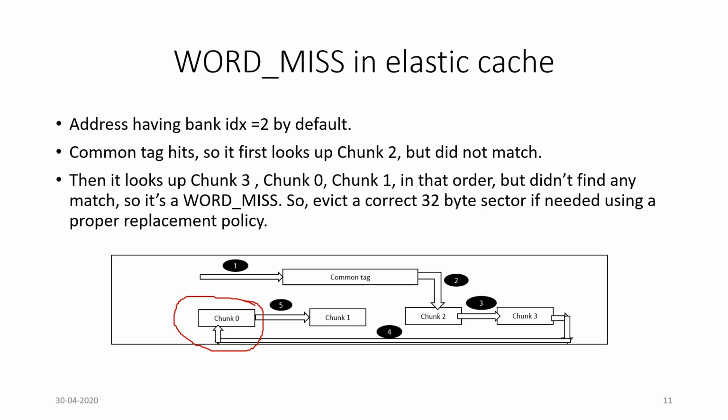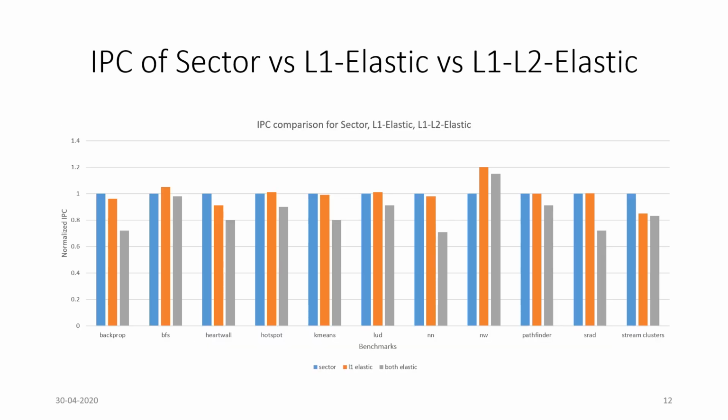and non-continuous sectors also. We have also extended the elastic cache implementation for L2, just to see how it performs with respect to sector cache. We can see when just L1 is elastic, then irregular memory applications like NW and BFS outperform sector cache, and other regular memory access patterns do not degrade much. Whereas when both L1 and L2 are elastic, then we see that it becomes detrimental for the